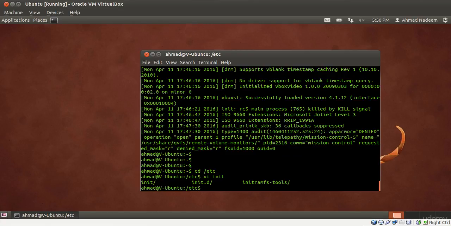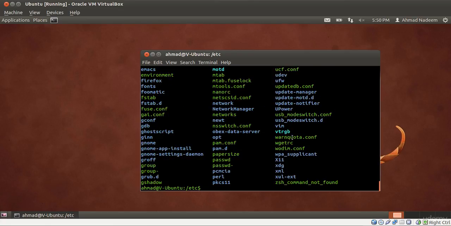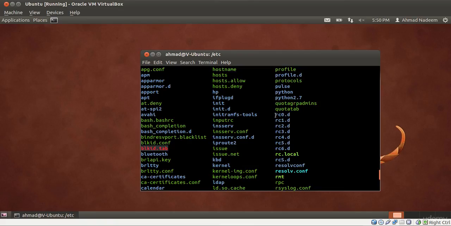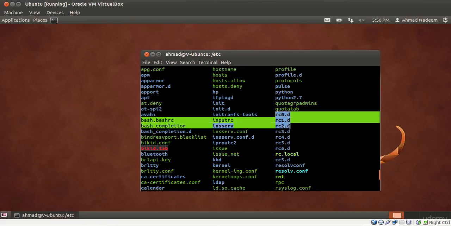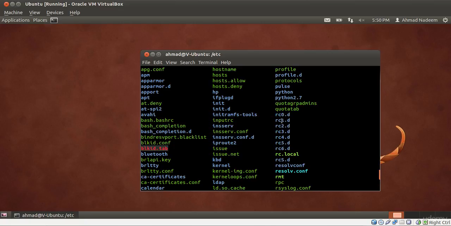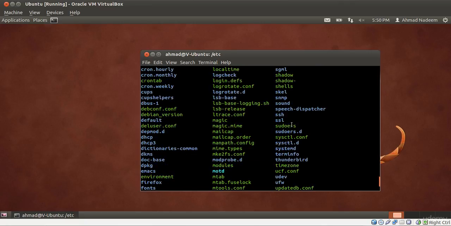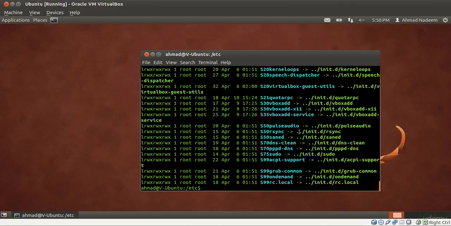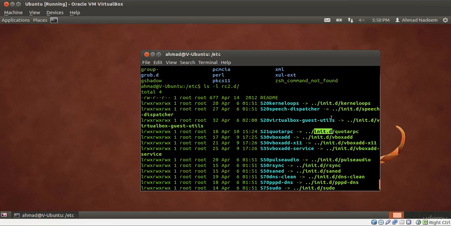But if we have a look at the contents of this etc folder, we see that we have got some directories which are specifically for the init process, which are rc0.d, 1, 2, 3, 4, 5 and 6, specifically related to all the run levels. But if I look at the contents of, let's say, rc2.d, so I type in ls -l and rc2.d, we see that we have got these symbolic links pointing to the particular directories which are init.d, and similarly,